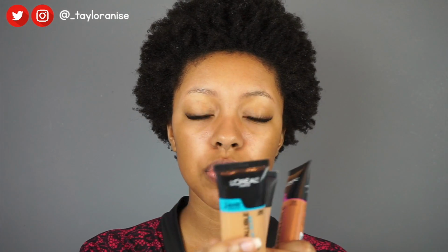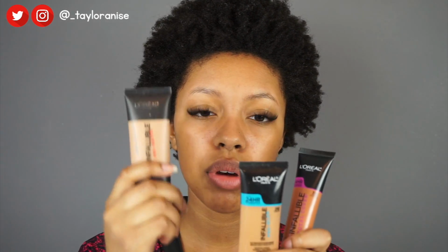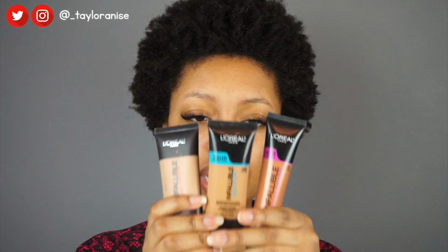So today's video is going to be a foundation review on the L'Oreal Total Cover Infallible Foundation. Now this foundation is the third addition to the Infallible line. They have the Pro Glow right before this one and then the Pro Matte. So there's now 3 foundations. Because I have used these 2 foundations a lot, I feel like I can really compare this foundation with